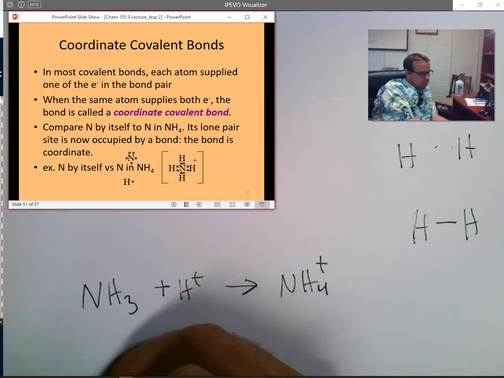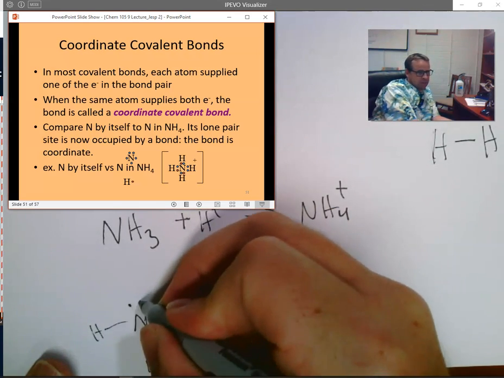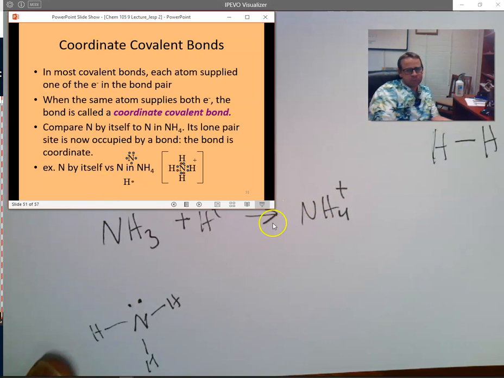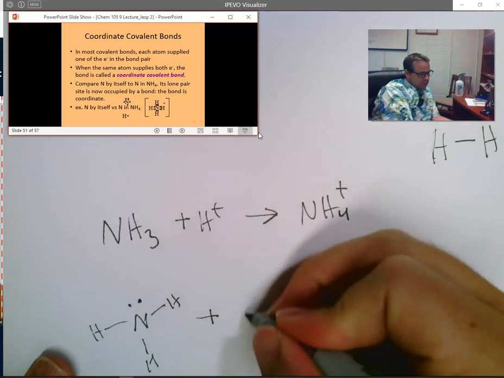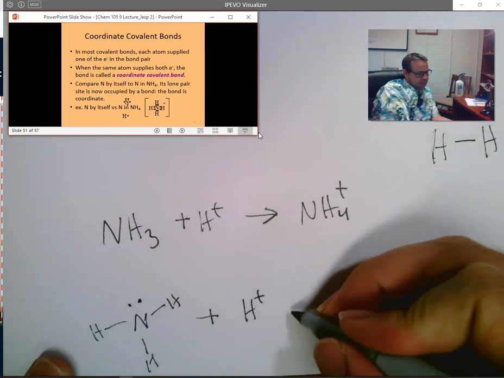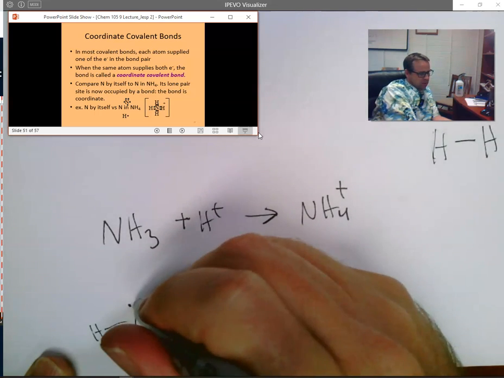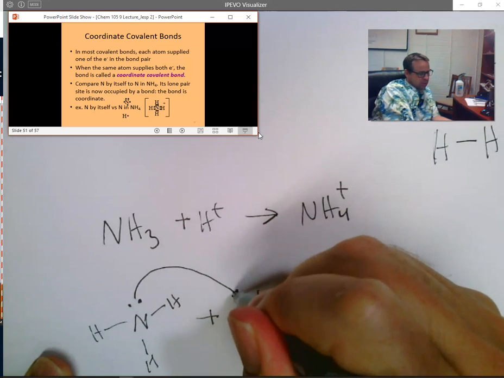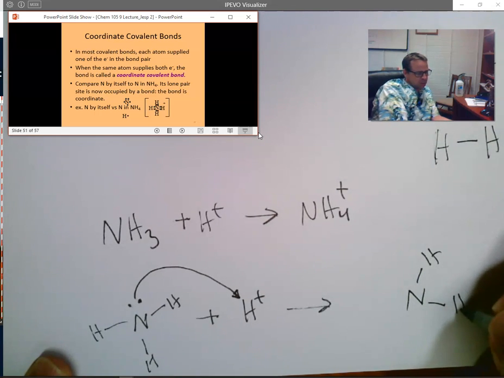NH3, if we do all the electrons and everything, we find out that there's a lone pair of electrons there. Okay, and then we add H+, and these electrons right here reach out and grab onto that H+ and result in another bond